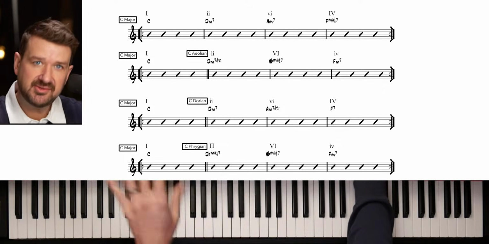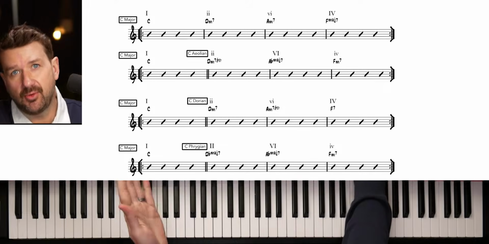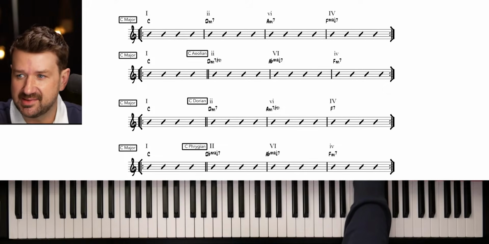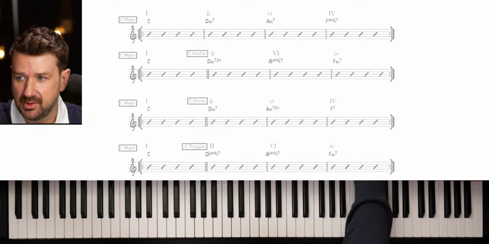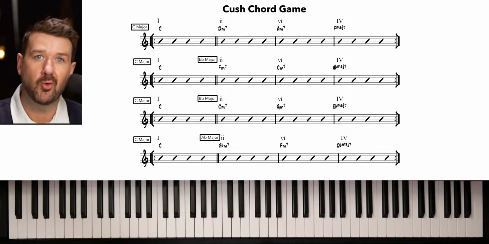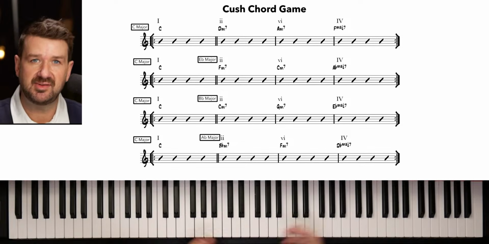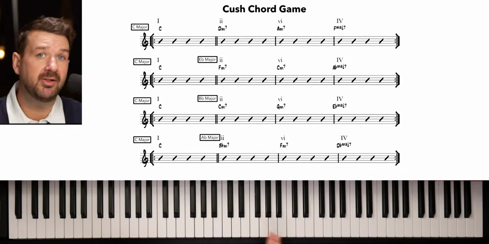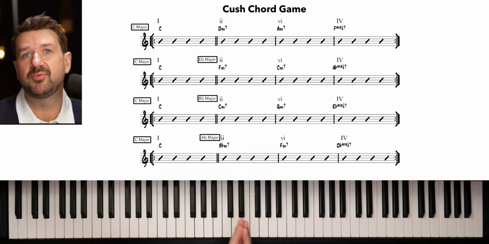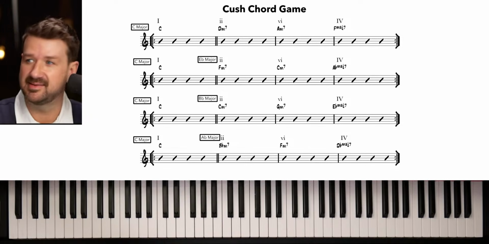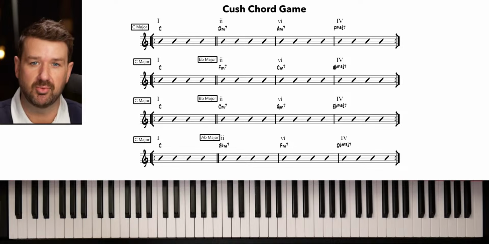Okay, let's do the thing now where we're going to take this chord progression and do the Kush chord game. We're going to use the same basic chord progression and those same modes, the Aeolian, the Dorian, the Phrygian. Those same C minor modes, but instead of borrowing from the parallel minors, we're going to borrow from their parent keys. This is amazing for me. This is where I can write some of my best chord progressions.